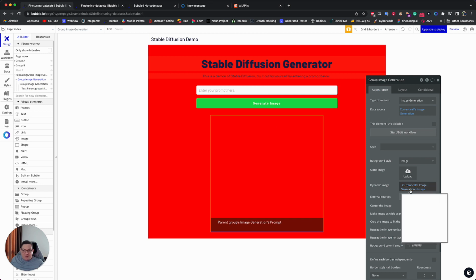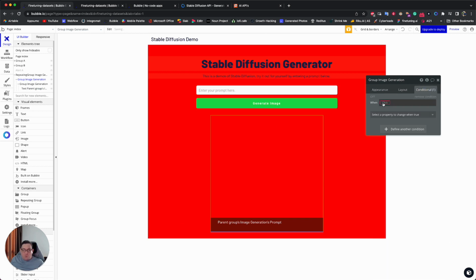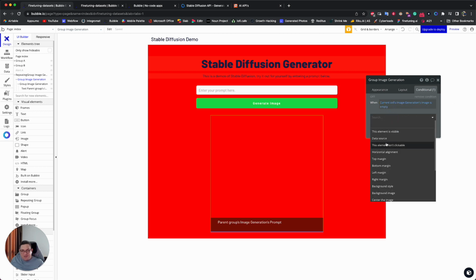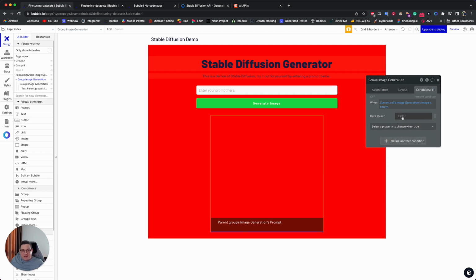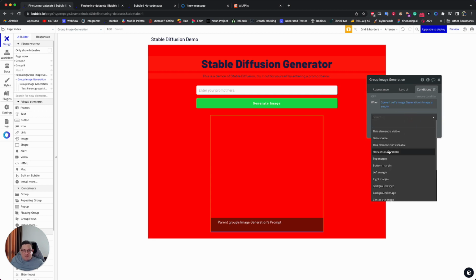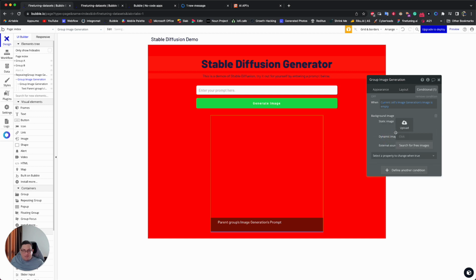We have this background with the dynamic image, and we can say when current cell's image is empty, the data source is, no, we don't want the data source, we want the background image, and we want something to display